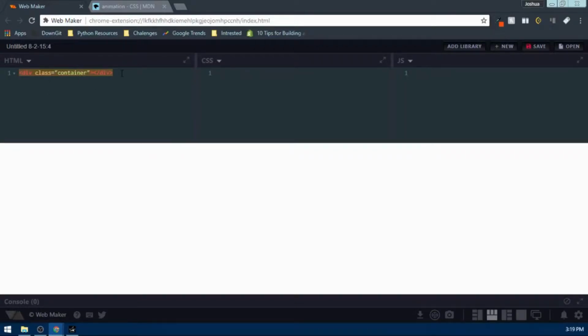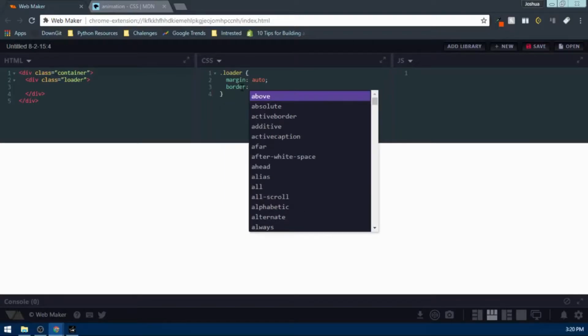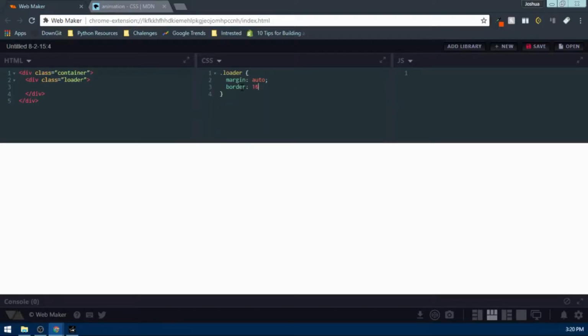Then what I'm going to do is div.loader. So the first thing I want to do is call upon the loader class, and then I'm going to do margin auto. Border 16 pixels, solid,